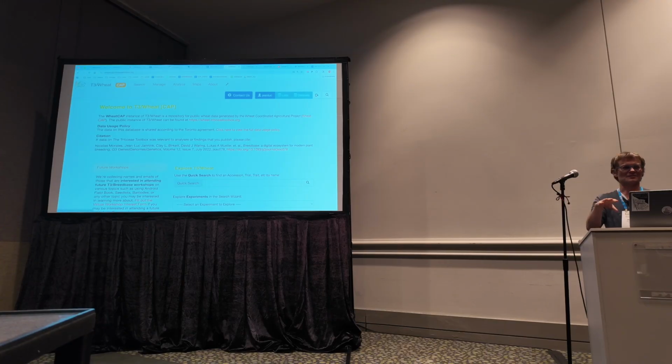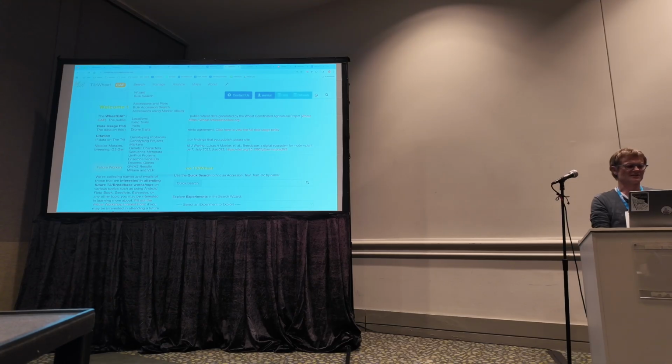Certainly within my lab, I found that it makes it really easy to have grad student data from their grad studies organized. Okay, so here's the WheatCAP version of T3.